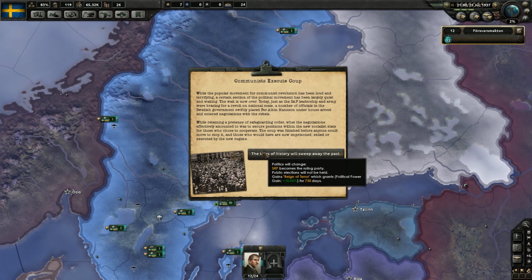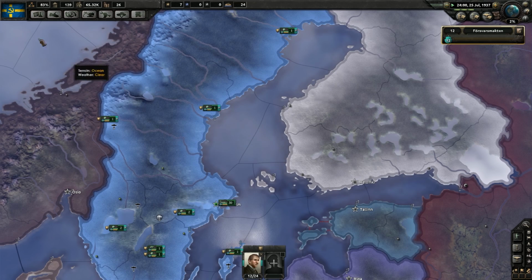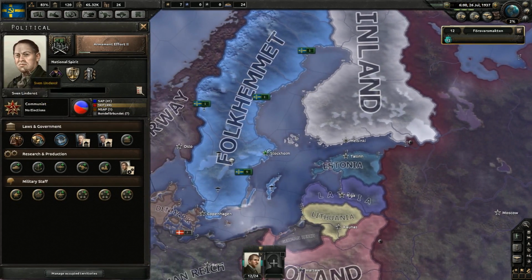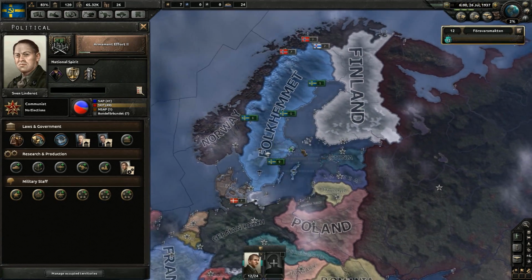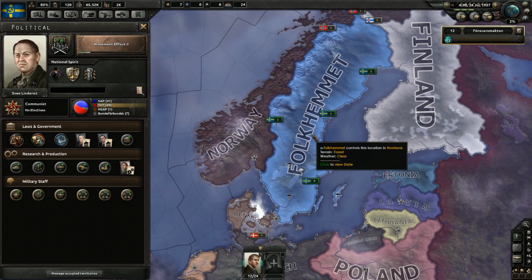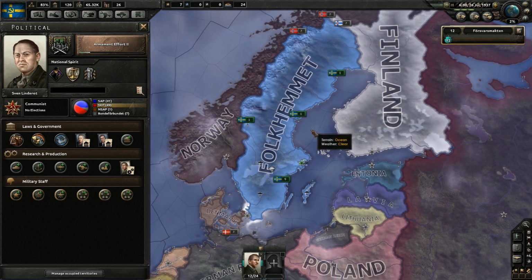Reign of Terror grants political power gain plus 10%, that's wonderful. And SKP, the Svenska Kommunistpartiet, the Swedish Communist Party, becomes the ruling party. And look at that, we have a nice little new flag. Sven Linderoth is the leader, and our country is called Folkhemmet. This is kind of probably something in a paradox. You know, it's an internal joke. Folkhemmet means the